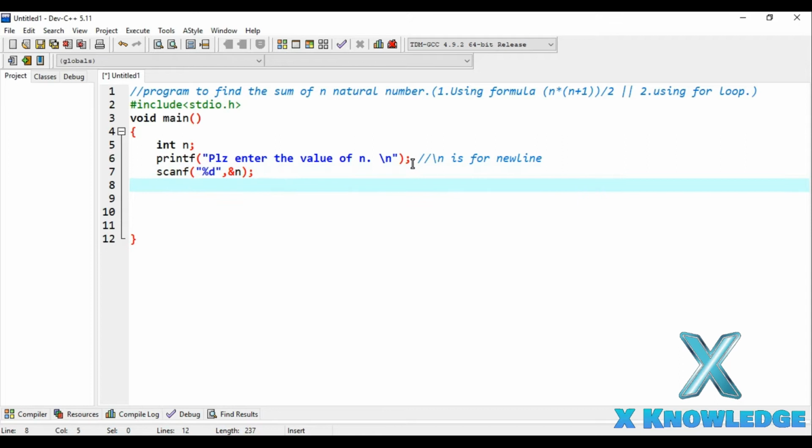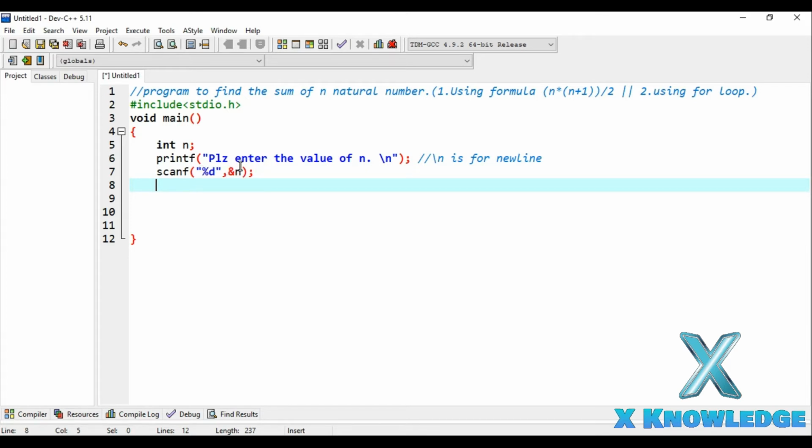What we have done so far is that we have given the message to the user to give us the value of n, and we have stored that number in variable n. Now we will use the formula, n into n plus 1 by 2, to calculate the sum of n natural numbers, that is from 1 to n.